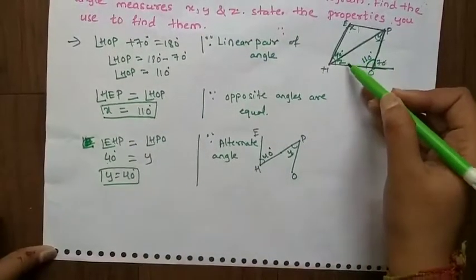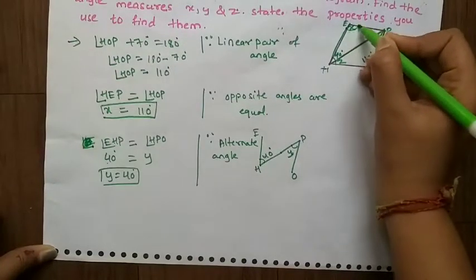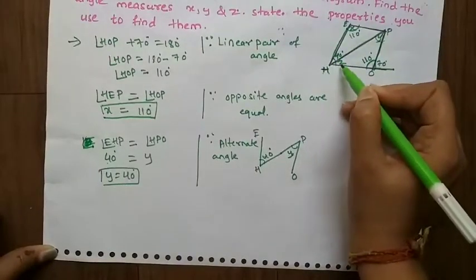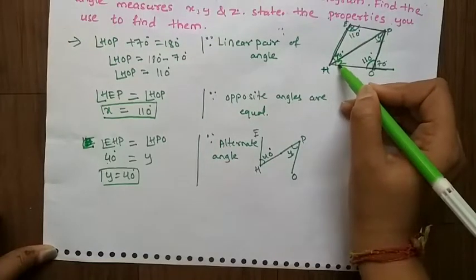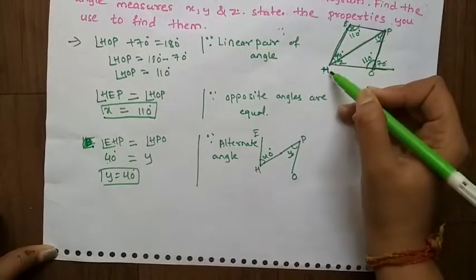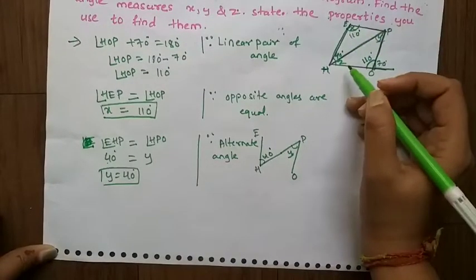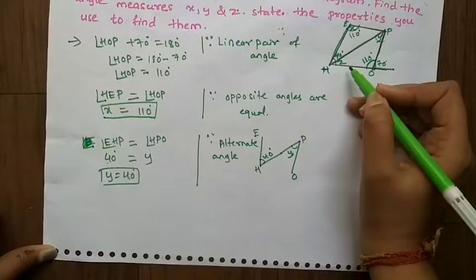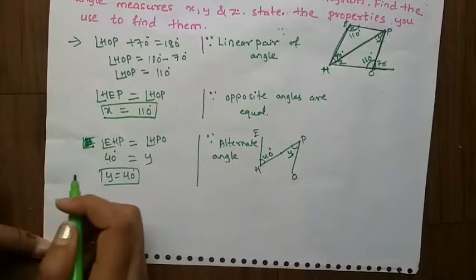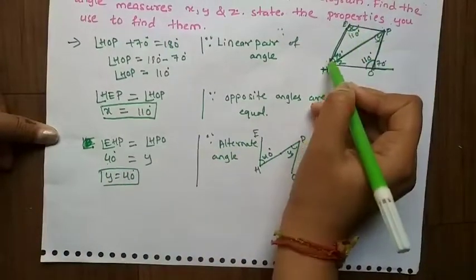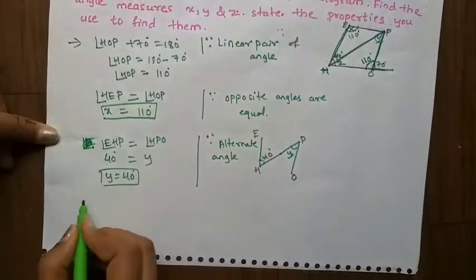Next here we have to calculate the Z value. Just observe here. Here the angle is how much we get here? 110 degree. Okay, and here at H, again we have two sub angles, one is 40 degree, another is Z. So E and H are the adjacent angles, and here we have one more property, the sum of the two adjacent angles of a parallelogram is 180 degree. For solving Z, I am using this property. So PEH plus EHO is equal to 180 degree.